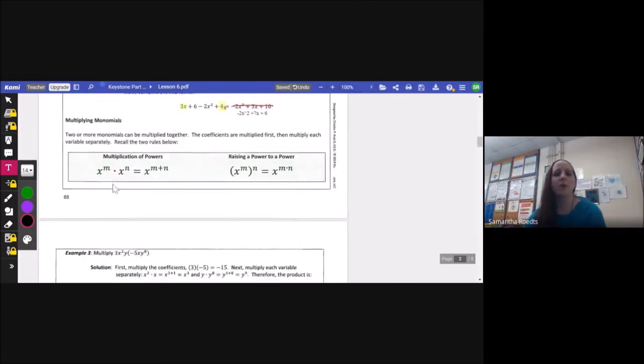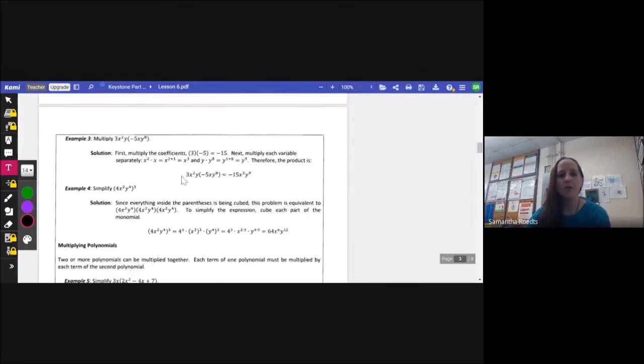Okay. So multiplying monomials, 2 or more monomials can be multiplied together. The coefficients are multiplied first, then multiply each variable separately. Recall the 2 rules below. When I multiply powers, I add my exponents, and when I raise a power to a power, I multiply the exponents. So if I multiply 3x squared y times negative 5xy to the 8th, okay, so I